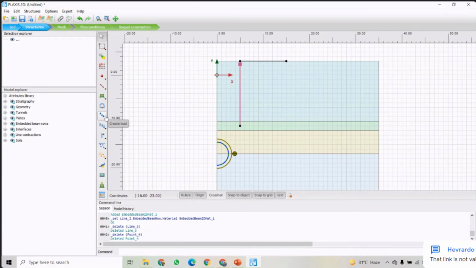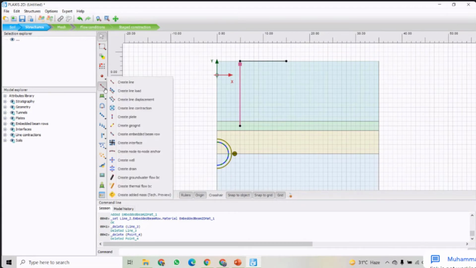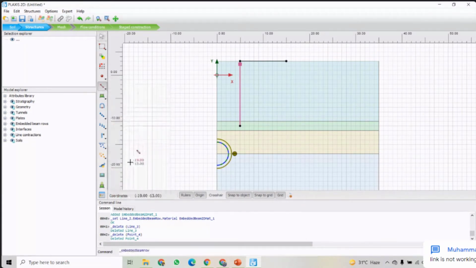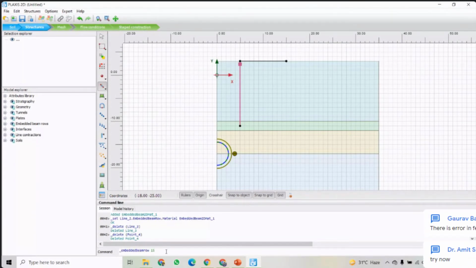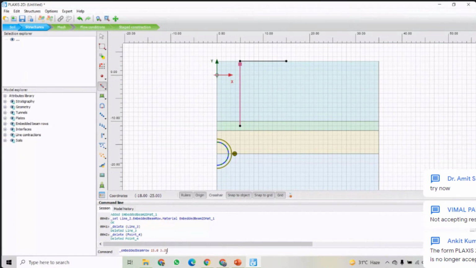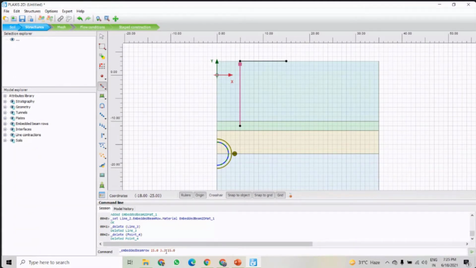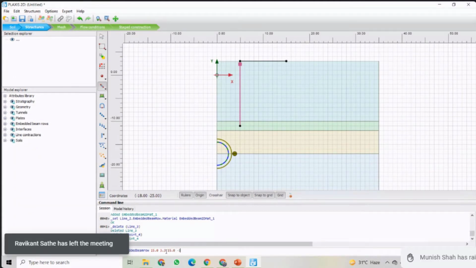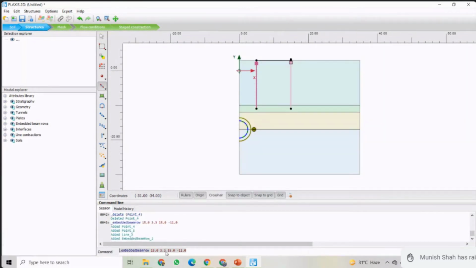How can we do it? It will be created from here, embedded row, and here we can write from where to where we need: 15.0 space 3.0 space 15.0 space minus 11.0. This is another option I am showing to you. So it can be created directly.